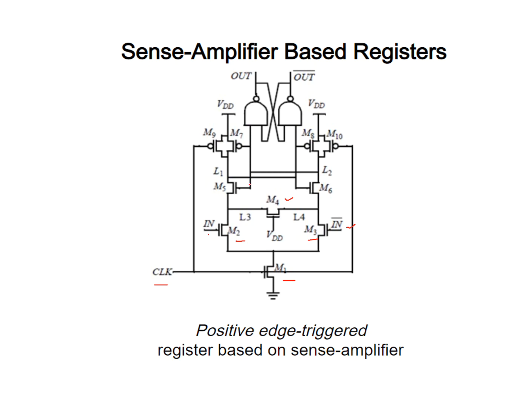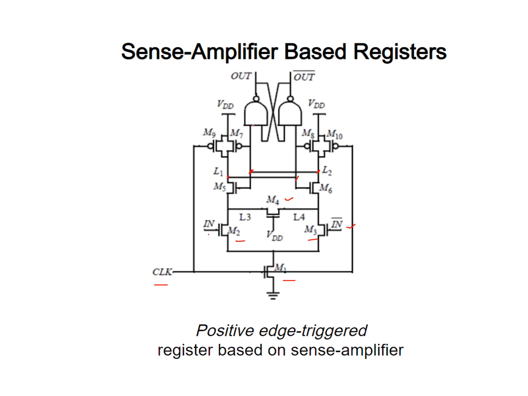Above this M4 we are connecting a cross-coupled inverter pair, where M5, M7 and M6, M8 are connected: one PMOS and one NMOS, and one PMOS and one NMOS. These two gates are interlinked, which means the output of M6 and M8 is connected to the input of M5 and M7, and the output of M5 and M7 is connected to the input of M8 and M6.